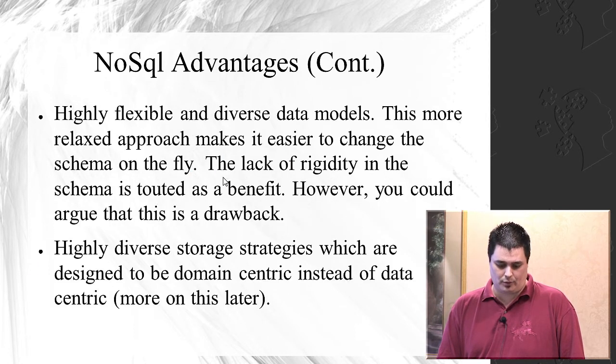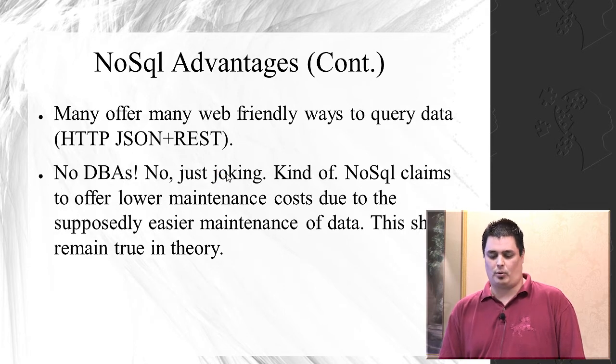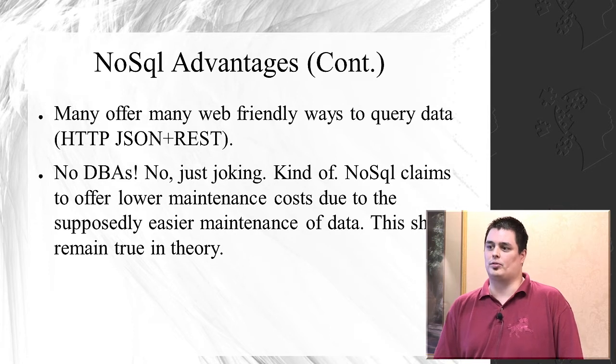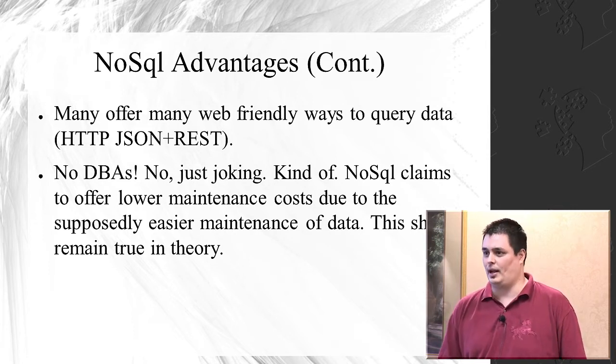It offers, in many cases, different ways of querying the data, which are more web-friendly. RavenDB, for example, I think all runs on HTTP JSON. A lot of them offer REST services. There's just a lot of ways to get at it, which is different than just this traditional TCP/IP pipe that you get with all your RDBMSs.